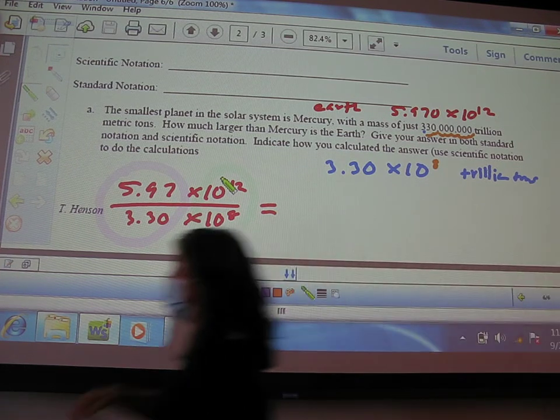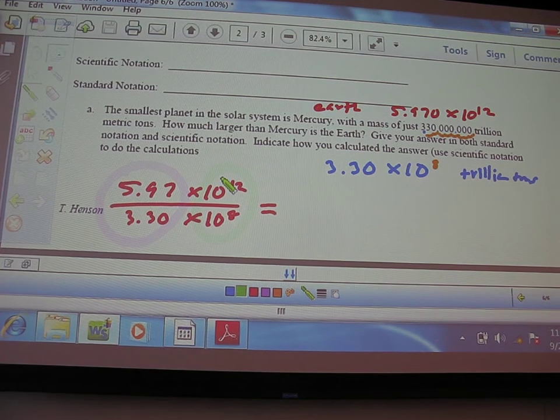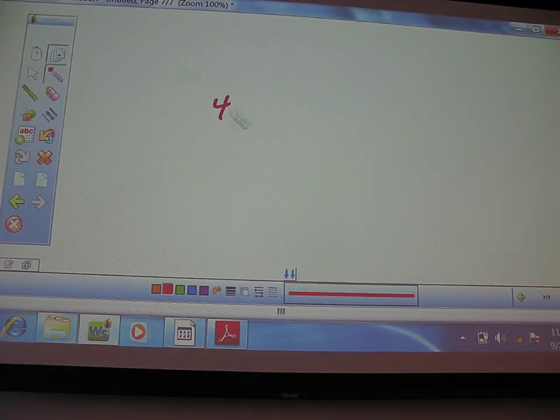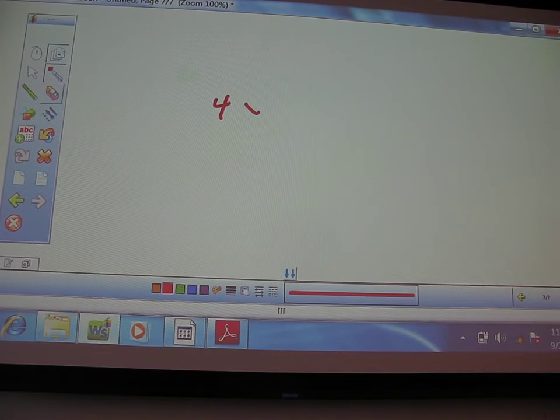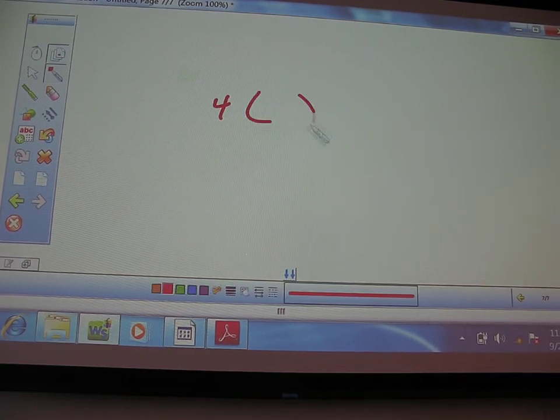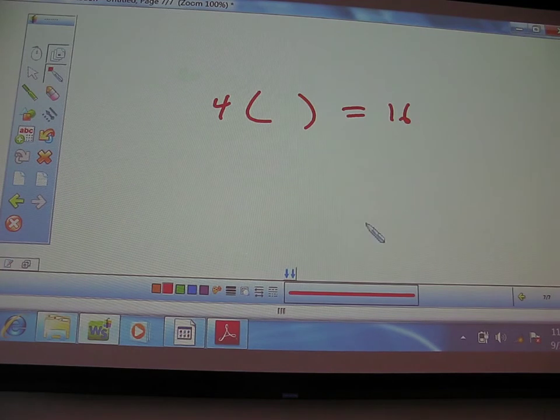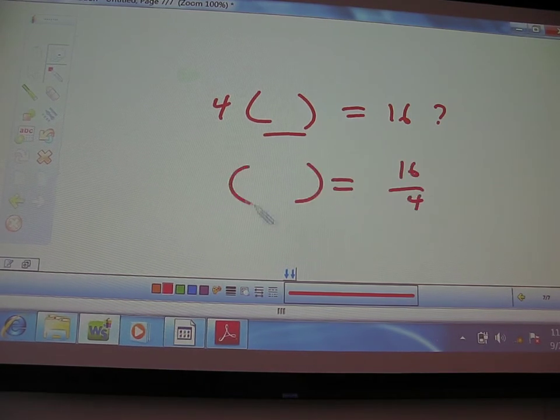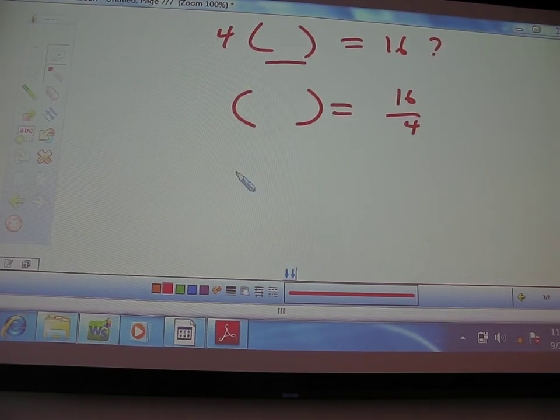So the question you're asking is 4 times what gives me 16, right? That's your question. So to find that, you would divide both sides by 4. You'd say 16 divided by 4 equals whatever it is I'm looking for. Does that make sense? So my question here is, here's Mercury,